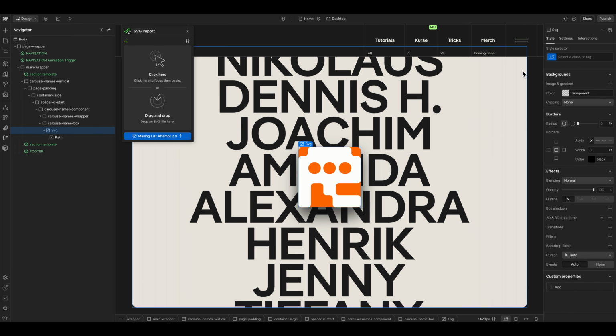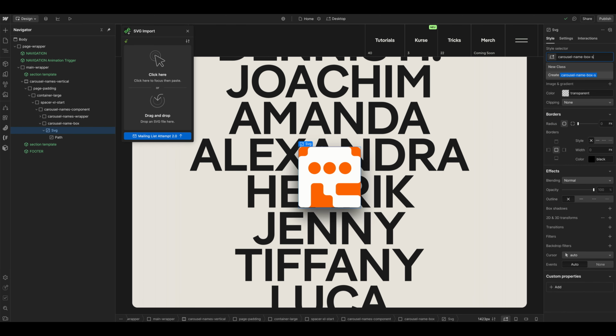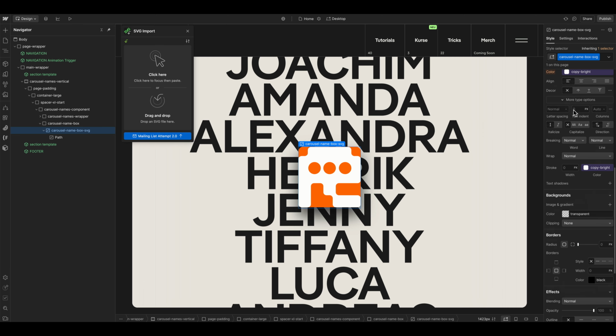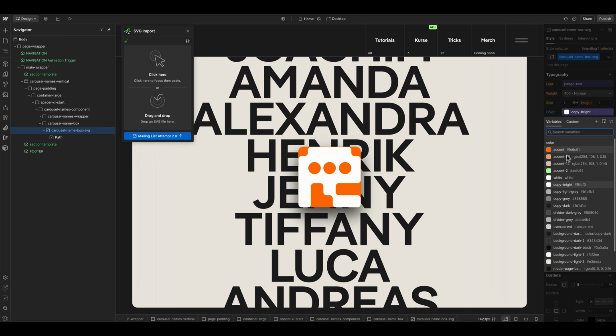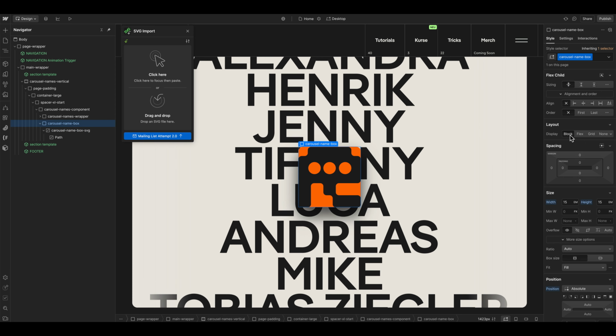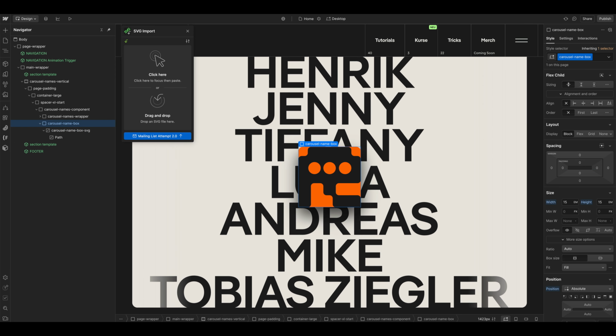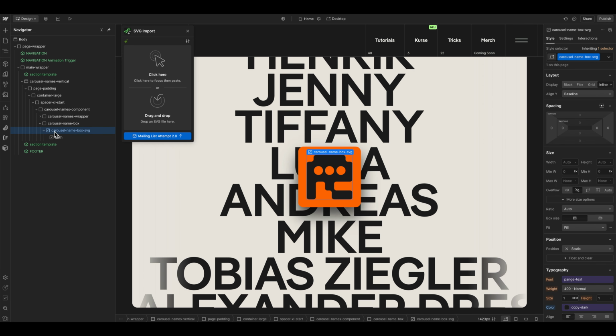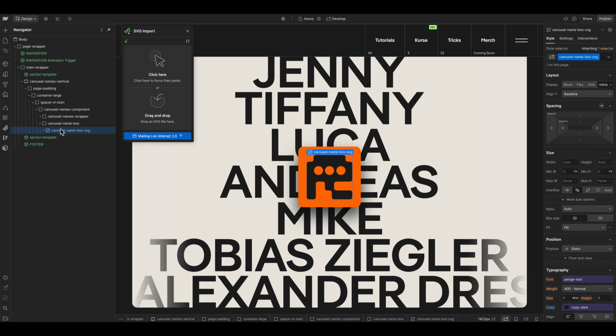And then we can give it a name of box SVG, make it the dark font color, and then we want a little bit of space around it. Give the box a 2 EM padding, and this would be one letter.